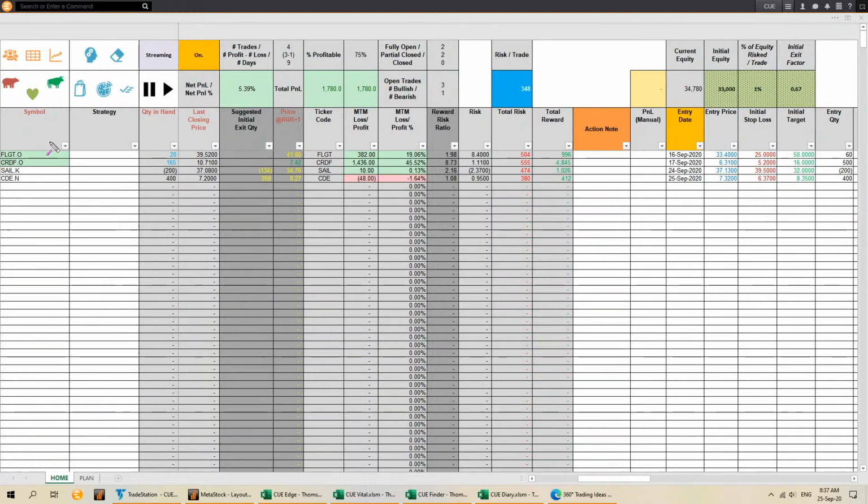There are multiple columns in the trade log. You may see some of them are colored in different heading color, red color. Why? Because these are the columns that are going to alert us that something actionable is taking place for each trade. How? Let's take the trade CRDF. This is an oncology stock that I shared in my traders forum earlier. I think that would be around or on 17th September. I have logged the trade,